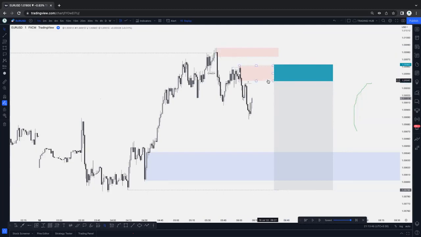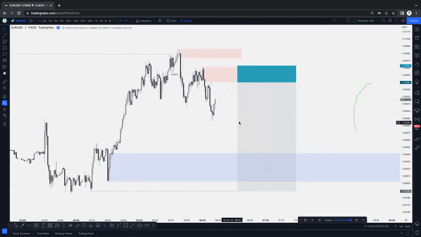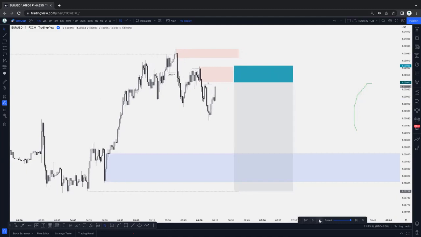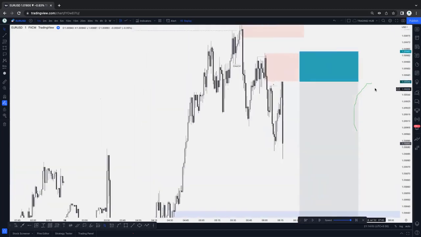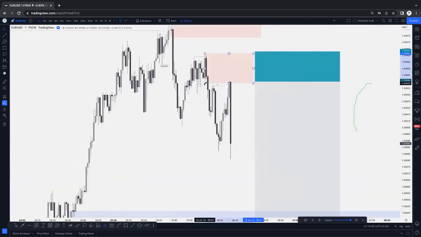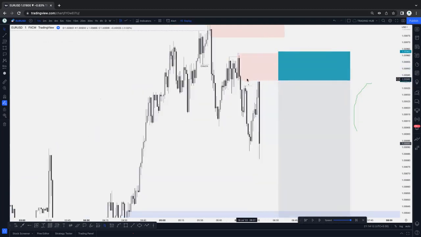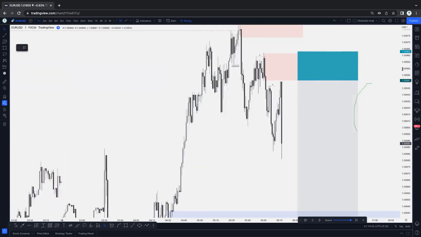If the market mitigates this zone, then we can sell. If not, then you have to wait for the confirmation. Let's see what happens next. As you can see here, the market keeps a little bit of reaction at this point. Minor, I think it did not tap completely, by micro pips. But this zone is a high probability zone for the sell because the market took out the liquidity, correct, and pushed downside.